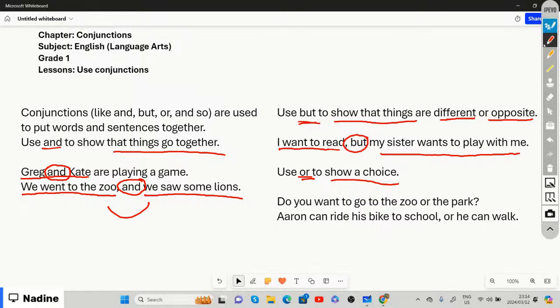So this word, this conjunction, which is or, right? It shows a choice. For example, here they're giving the person a choice. It says, do you want to go to the zoo or the park? Meaning that this person has an option of either going to the zoo or the person has an option of going to the park,